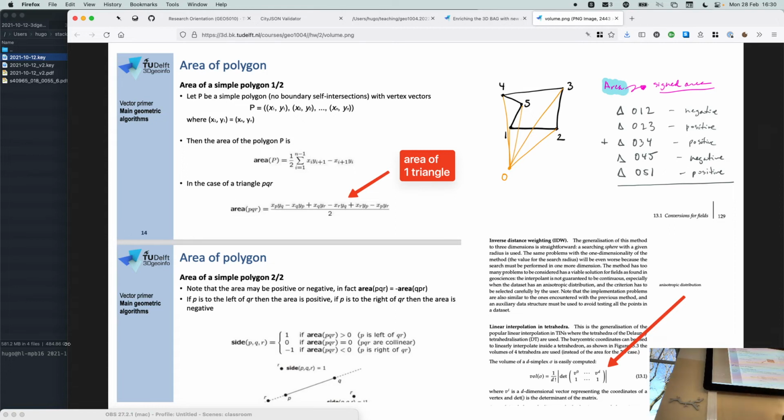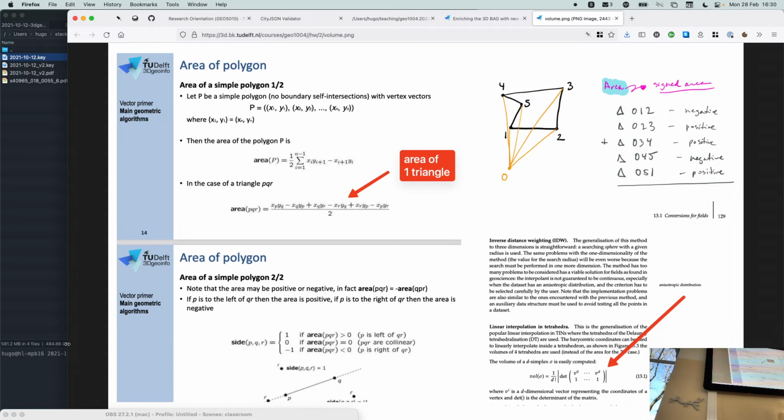So one way is to decompose an area into something called a signed area. You define a 0, and this 0 can be anywhere. It doesn't really matter. Usually you could take the bounding box, make it a bit bigger, and say this is my 0 here.